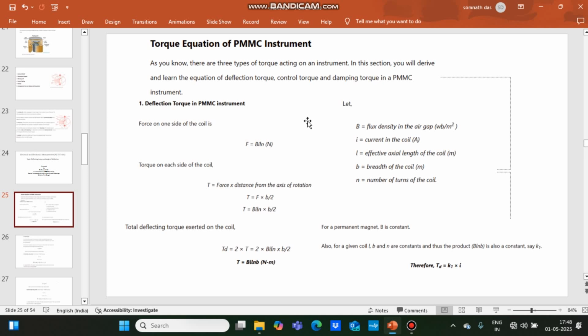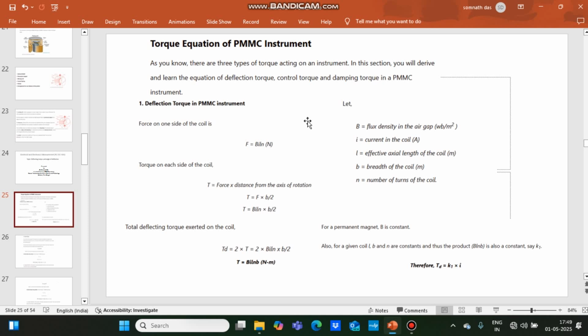We know there are three types of torque or force which are required for the operation of the PMMC type instrument. The torques are deflecting torque, controlling torque, and damping torque. Deflecting torque in PMMC type instrument,